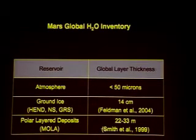And this estimate of that global layer thickness, 22 to 33 meters, comes from something called MOLA, the Mars Orbiter Laser Altimeter, which is the topographic mapper on the Mars Global Surveyor. And again, this 20 to 30 meters of global ocean, it's not quite the amount of ocean that we have on the Earth. And in fact, it's not enough water to do all the work that we can observe water